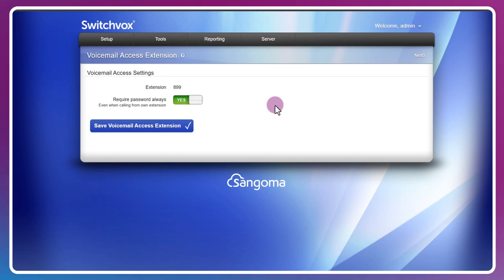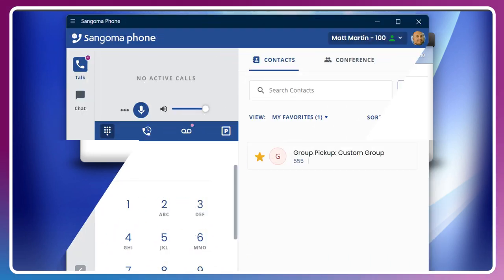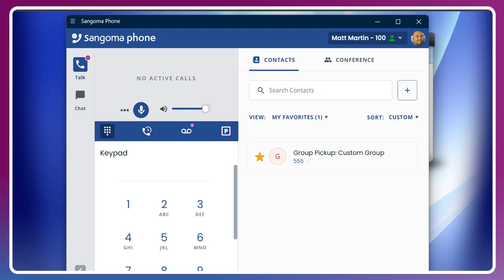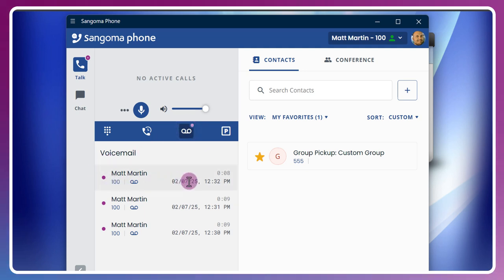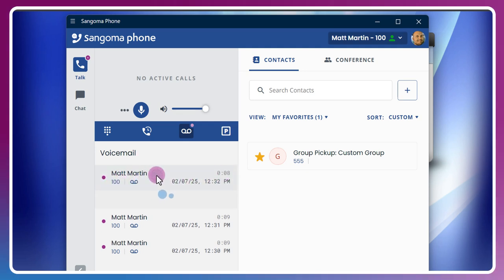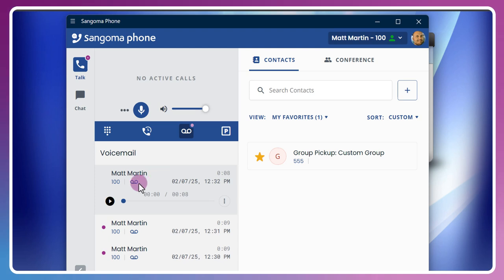Traditionally, you would do it from maybe an IVR. Users could call in from the outside and check their voicemail. More practically speaking, though, for accessing voicemail would be the visual voicemail built into the various different Switchvox enabled softphones. For example, I've got my Sangoma desktop phone here. I'm going to go over to my voicemail, and I've got visual voicemail here, which includes the envelope, the date, time, the duration, and whom it's from. So I can just click on that, and it will display the playback feature.